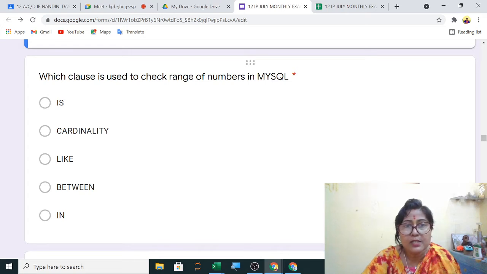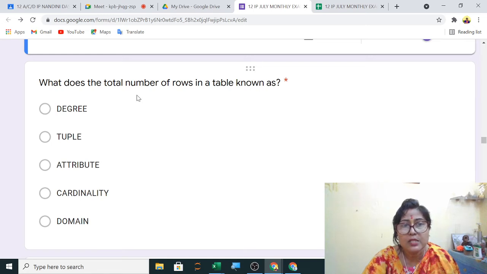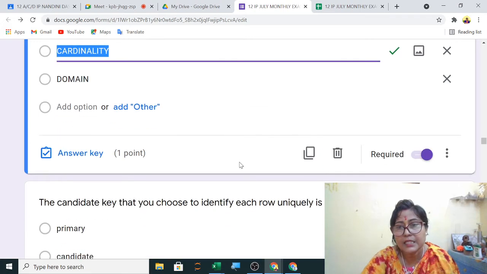Next, which clause is used to check a range of numbers in MySQL? The BETWEEN clause is used for a range of numbers, so here you will tick between. Next, what is the total number of rows in a table known as? It is cardinality, and the total number of columns is degree. So the fourth one is correct, cardinality.